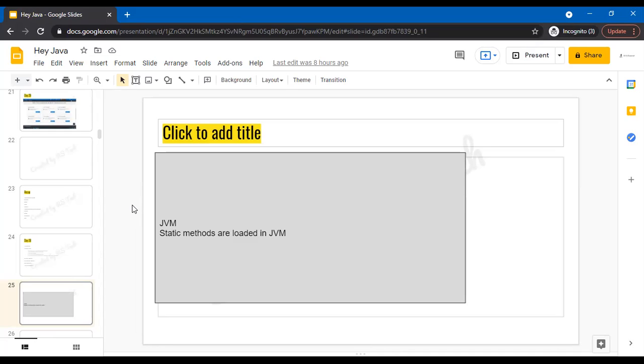There is a video on how the JVM works, how the methods are loaded in the JVM. So all those things are there. That is why in the Java main program we have a public static void main. The static methods are loaded in the JVM, and it has a connection with threads, which we saw in one of the other videos.